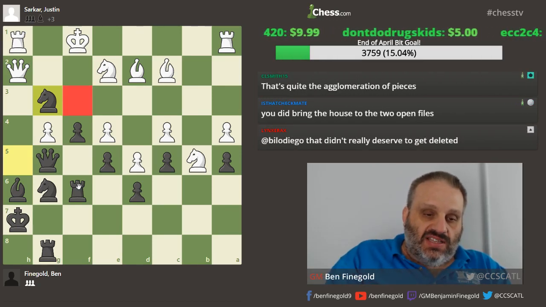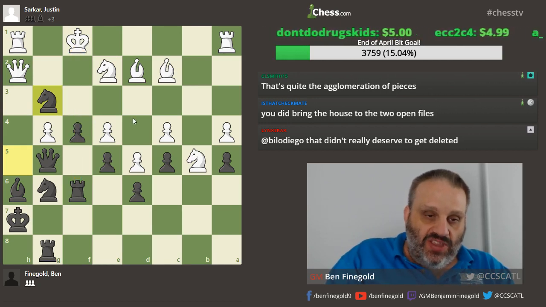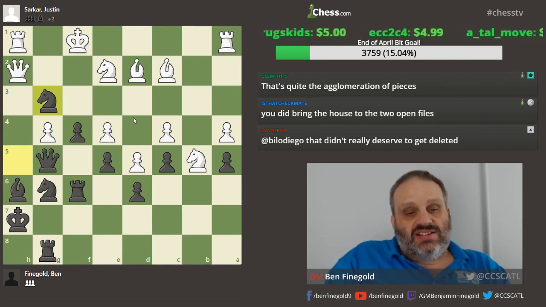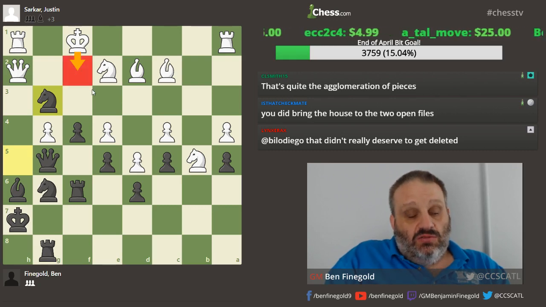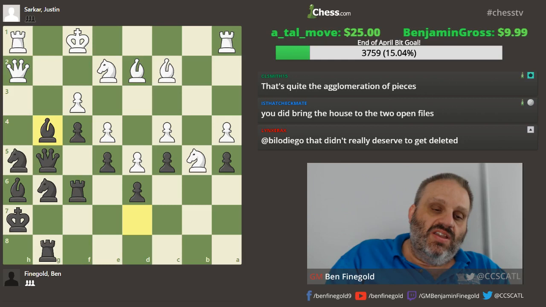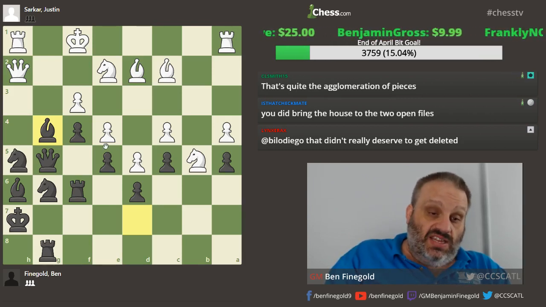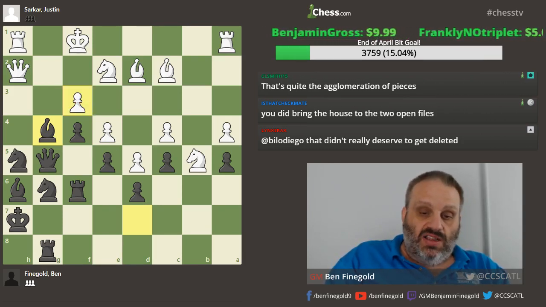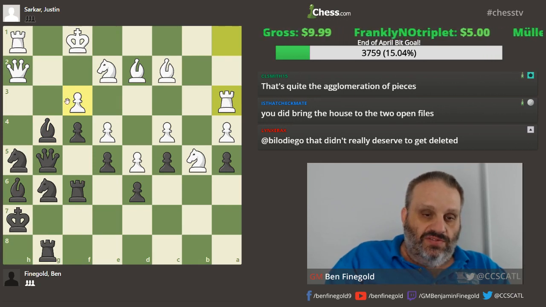Because his f-pawn's not there, so I'm taking back with check if you take on g3. And in fact, the only winning move is king f2, which does win, but he played better. Instead of taking my bishop, he made a move I didn't see, defending his f-pawn. He played rook a3. This is the best move.